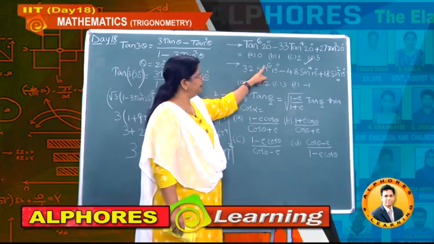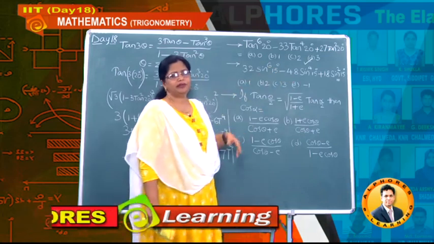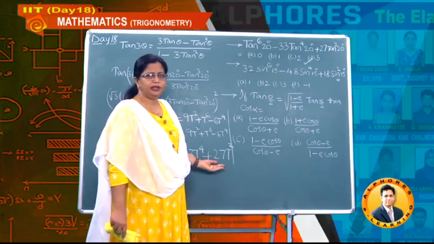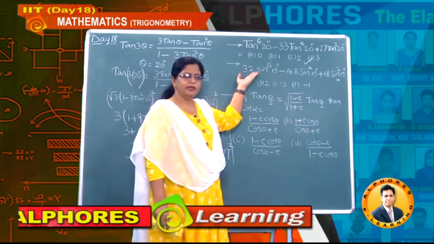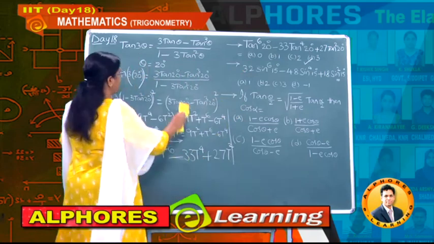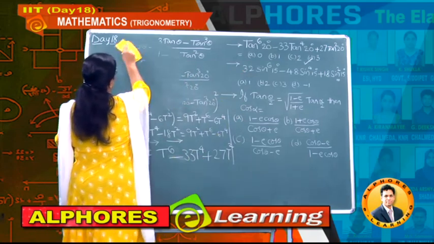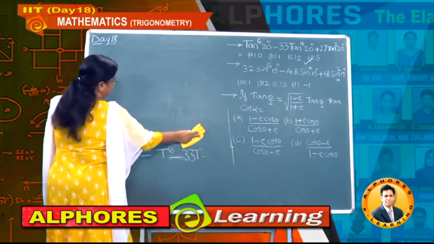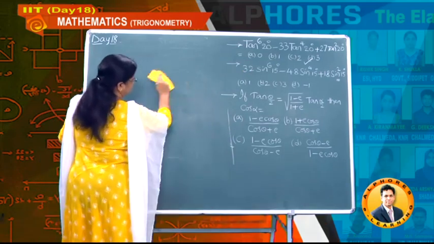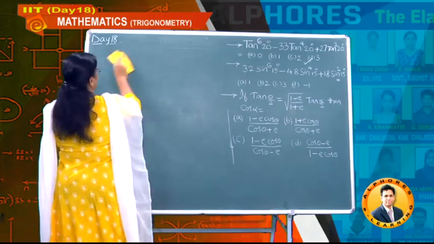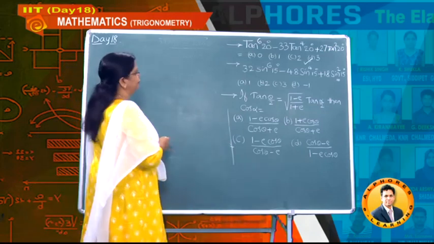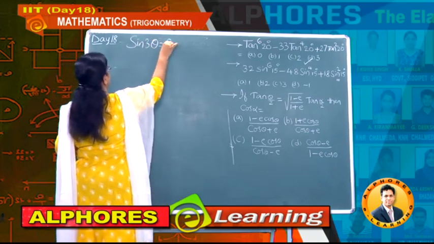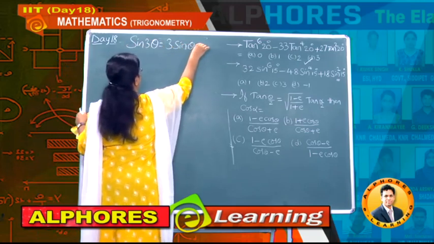Irrational values, moreover power is 6, 4 etc. So you will get lengthy terms. That is the reason better in this way, better use here directly the formula of sine 3 theta. So let us do this problem using the formula sine 3 theta instead of using sine 15 degrees. Okay. Now what is sine 3 theta formula? It is 3 sine theta minus 4 sine cube theta.